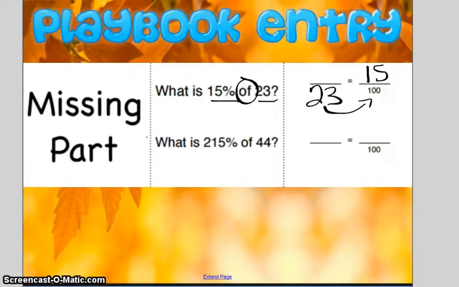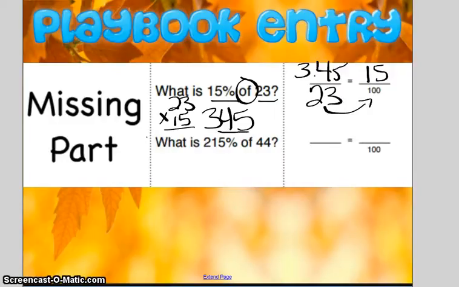So I'm going to rewrite that a lot better. 23 times 15, work it all out. And whatever I get as my answer will be divided by 100. So when I multiply 23 times 15, I get 345. Then I need to divide by 100, which basically just moves my decimal over 2 times, and I get 3